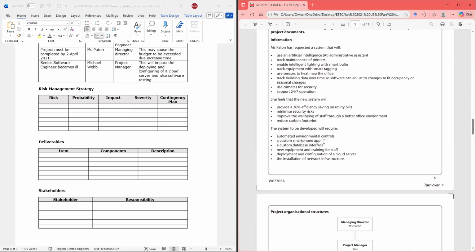A customized smartphone app, because all the tasks, this is what they're working on. So we're going to get automated environmental control. Let's just copy and paste them over for the deliverables.